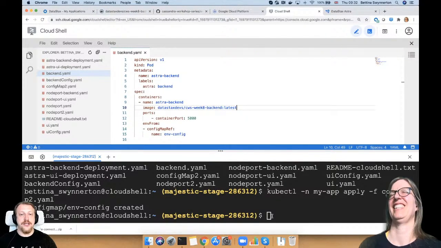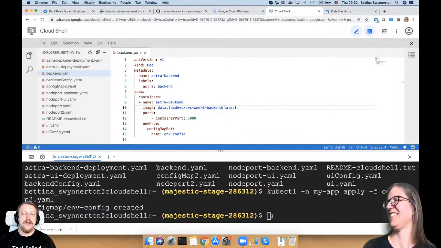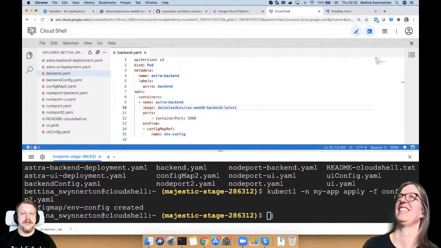So in general, good practice is to specify the particular version you want to be running instead of the latest. But currently we have only the latest tag, and that's a demo application, so that's fine. But for a real application, you don't want to have the latest tag in most use cases.